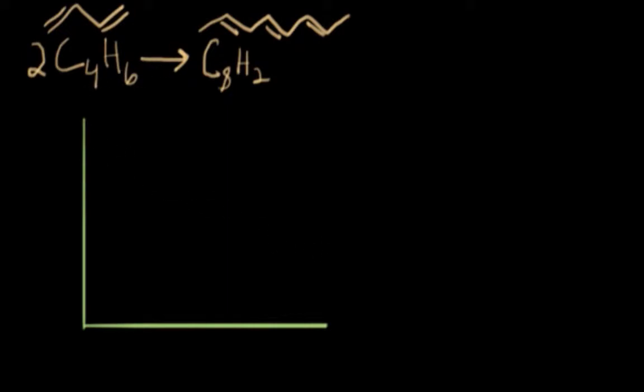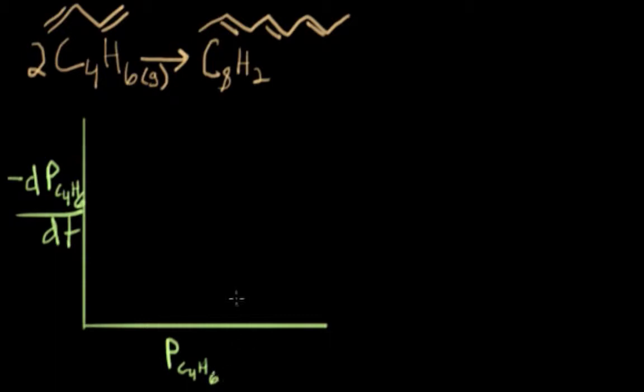So this reaction can happen in the gas phase. So we can talk about these rates in terms of concentrations, but we can also talk about them in terms of partial pressures. So let me go ahead with labeling this graph. So let's say negative d partial pressure of C4H6 over dt. Again, this is the rate, and we're going to compare that to the partial pressure of